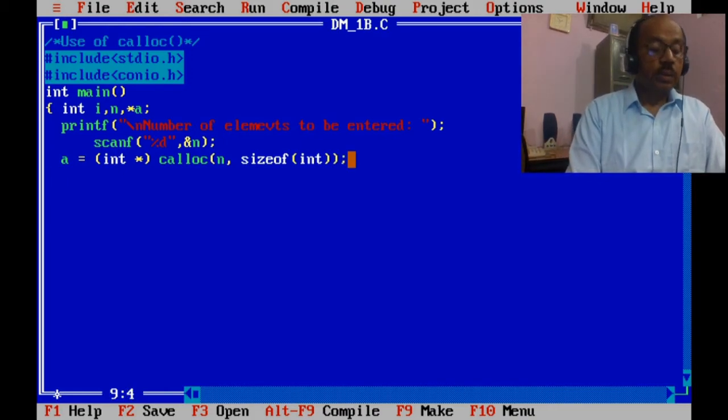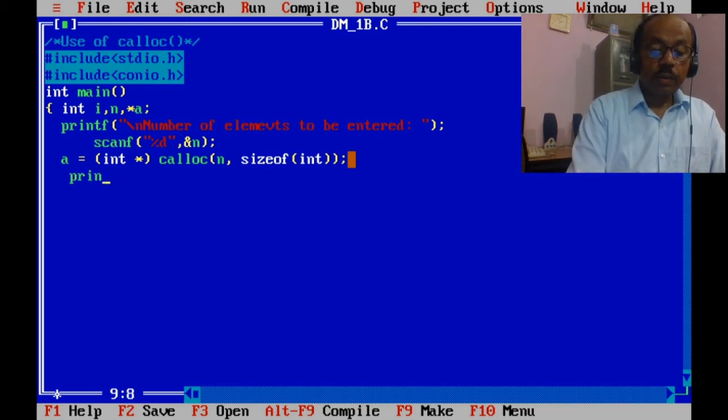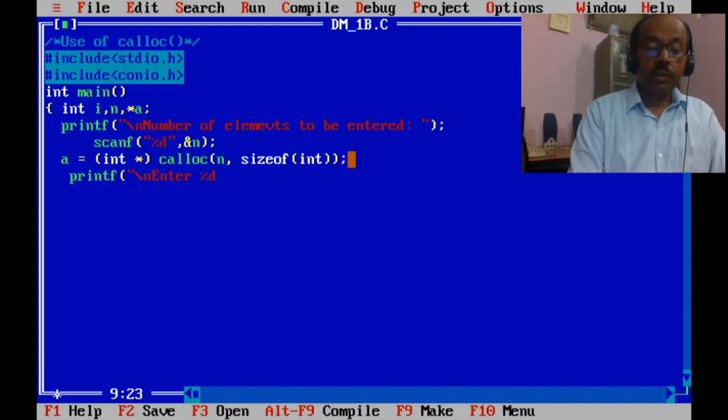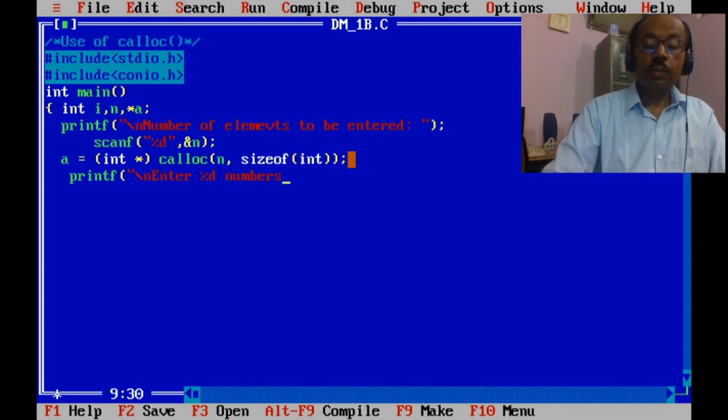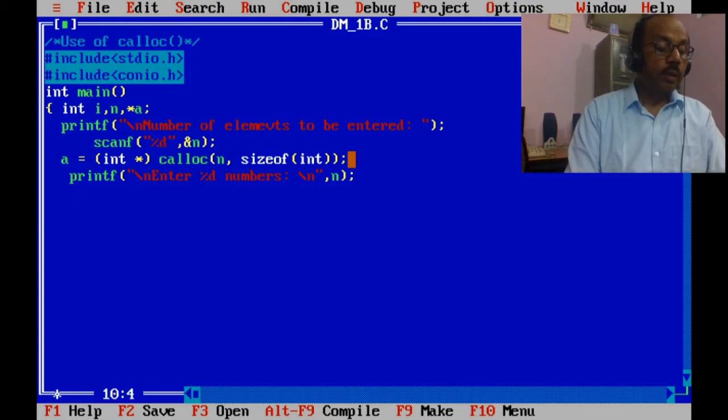Alright. Now printf: enter %d numbers, and that is n. So enter n numbers.